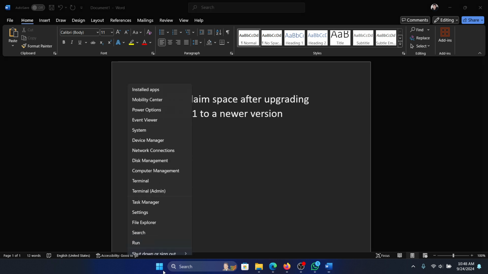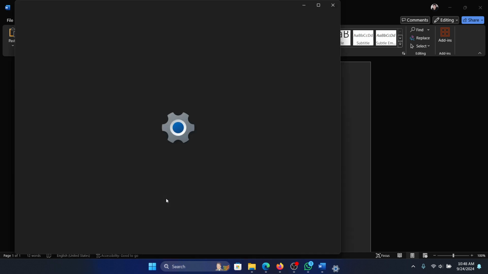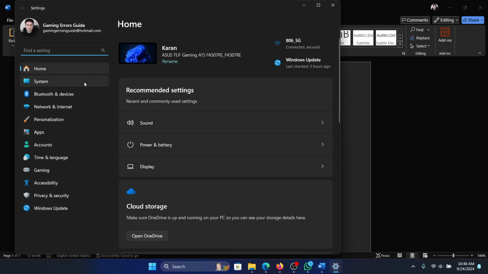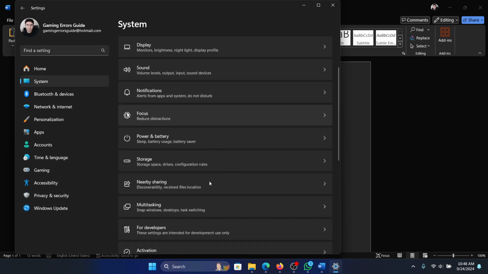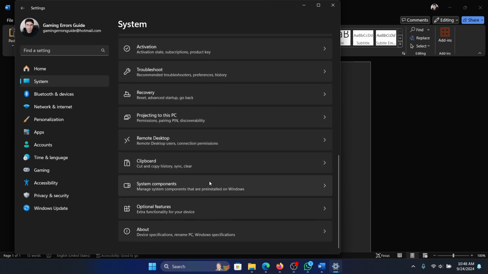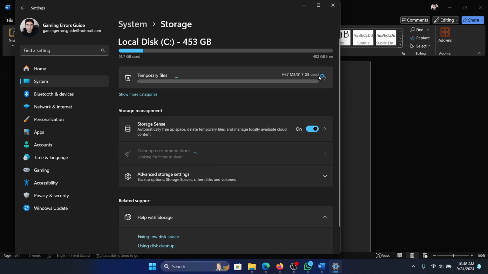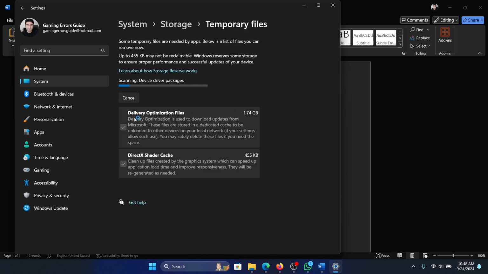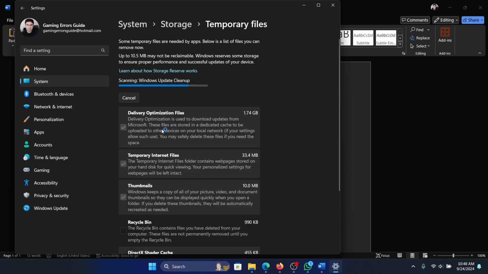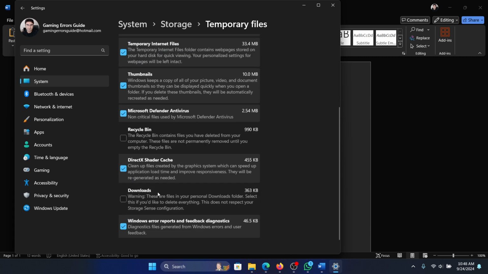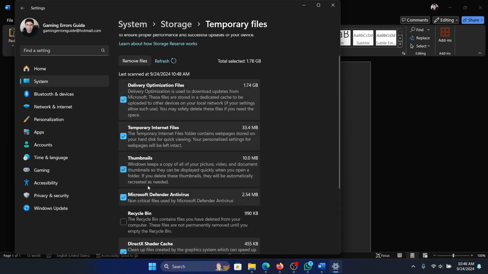So right click on the start button, select settings from the menu, go to the system tab on the list on the left hand side, select storage. Okay, where would you find storage? And then click on temporary files. Okay, it will start scanning everything,